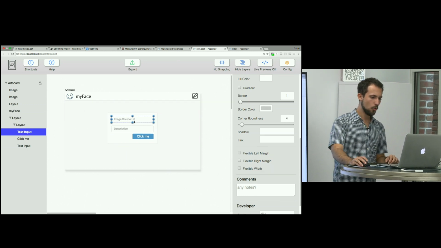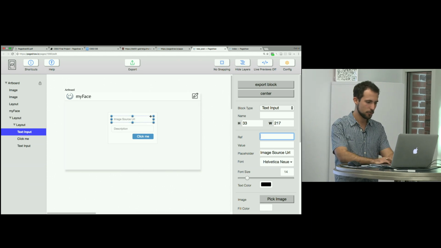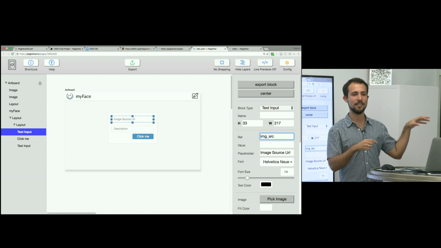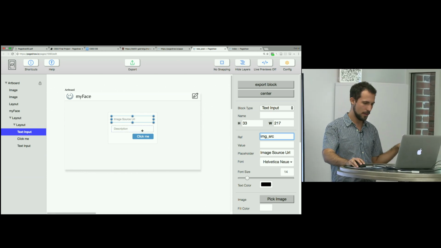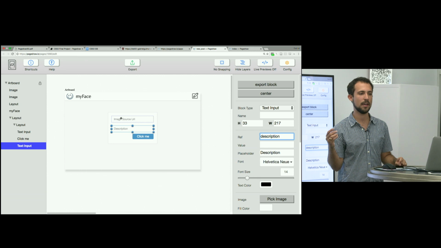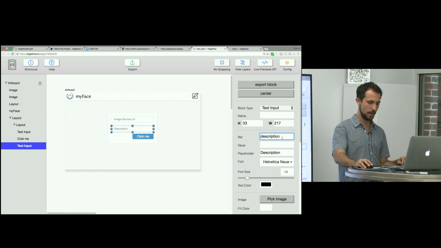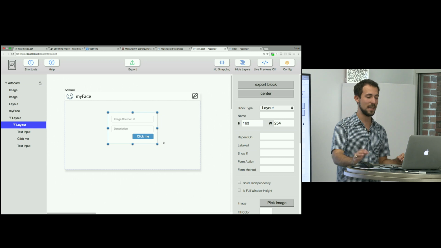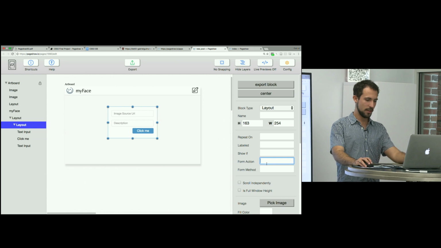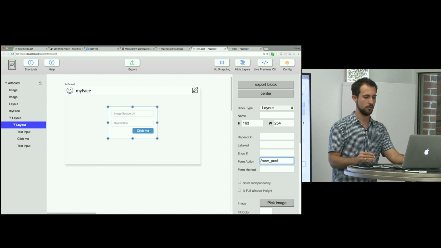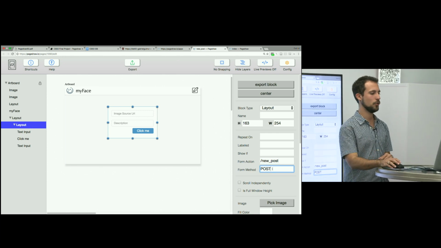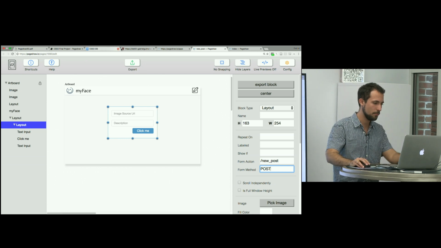Cool. Now we have to basically add a ref to image source URL called image source, which is essentially going to allow us to access this in the backend when the user submits the form. And a ref called description. This is very similar to the name tag, if you're familiar, in HTML forms. Which is the same thing. And then we have to make this block a form and tell it where it is going to submit to. We can just click on it and do form action is going to be to new post. So we're sending it to ourselves, which is this very website, but we're sending it with a post method. So this is all going to make a lot more sense now when we look at the backend that we're going to add,